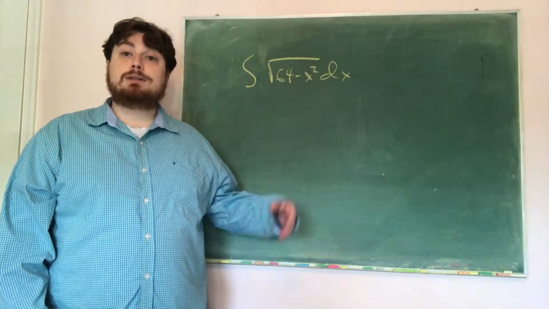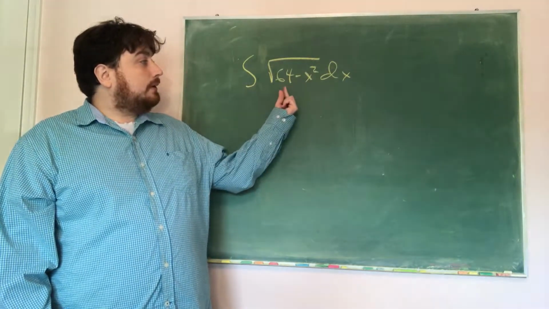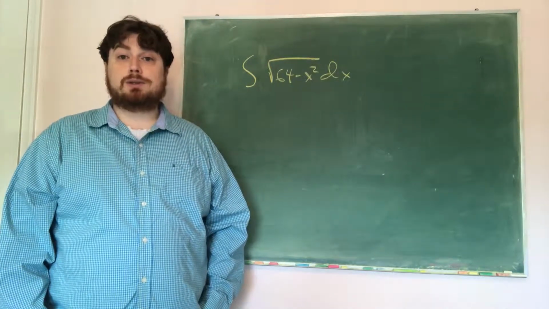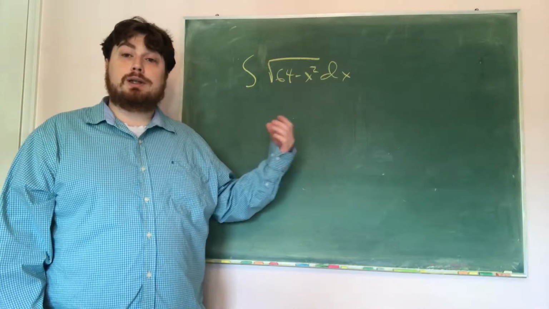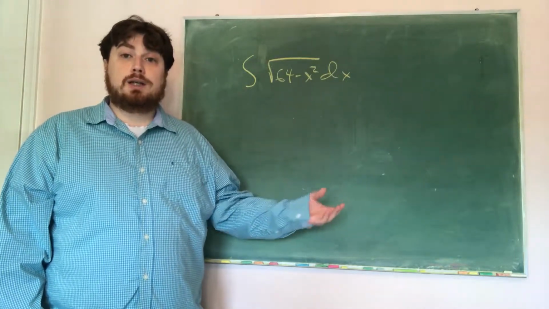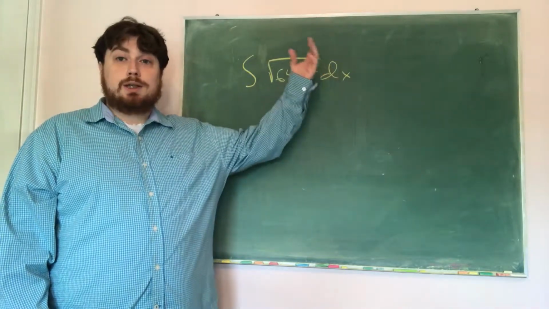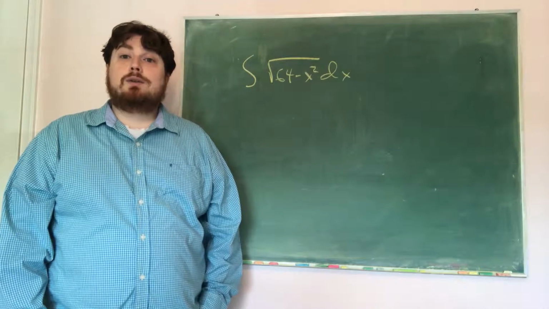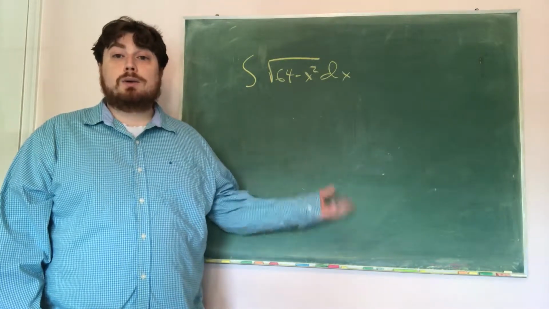Now, I would move on and say, is there an inside function? And we can see that there is an inside function. It would be 64 minus x squared, and so we could try a substitution here. We would get u is 64 minus x squared, du is negative 2x. But notice if we try that, what we end up with is the square root of u times du over negative 2x, and so the negative 2x won't actually cancel out, so we should move on to our next technique,